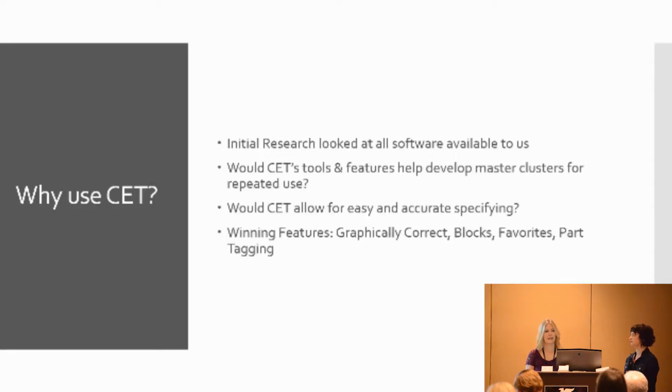So I had looked heavily at the different things with the stations, just within CET, the tools. So I took some of the simplified form of the basic typical of what I knew, and then I tested it out with different blocks, playing with the blocks and trying to create master clusters, because the thing I'd learned on the 1,200 stations that I've done is that the real trick to a large project is to break it up and go, okay, the 10-pack is going to be used everywhere. And you don't want to check it every time. Once you check it and have it perfect, you just want to reuse it, the whole 8,000 stations. And so I knew that's what I wanted to try to do, but I wasn't sure how to accomplish that